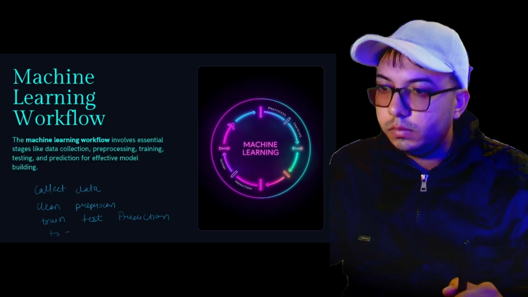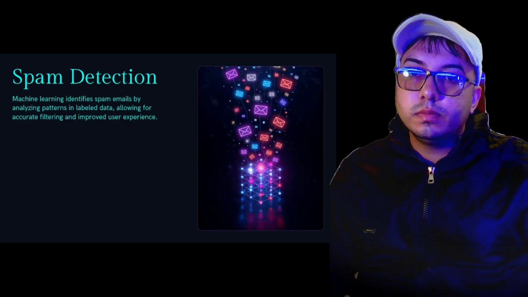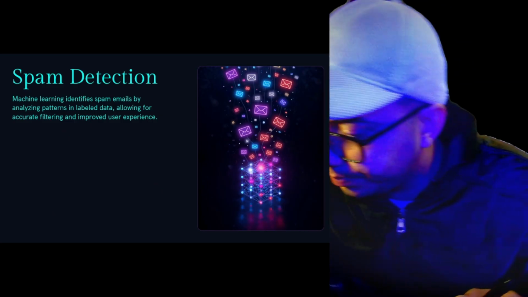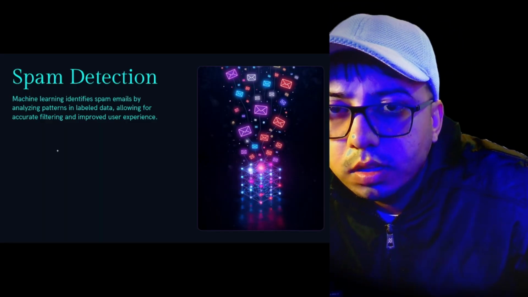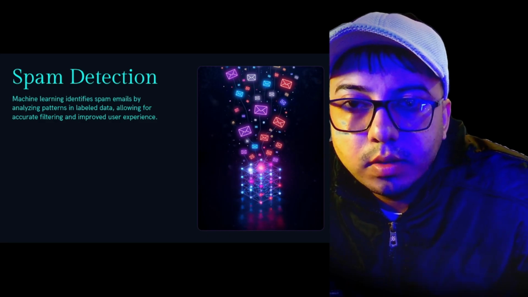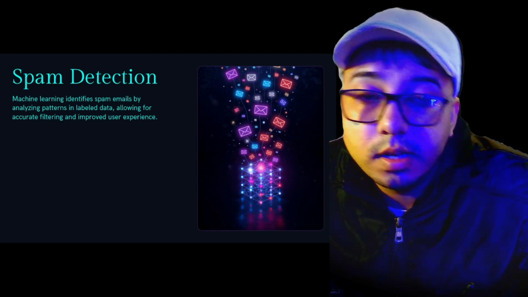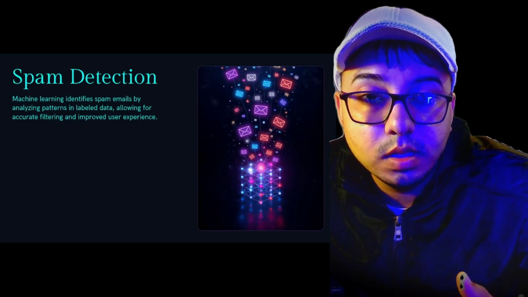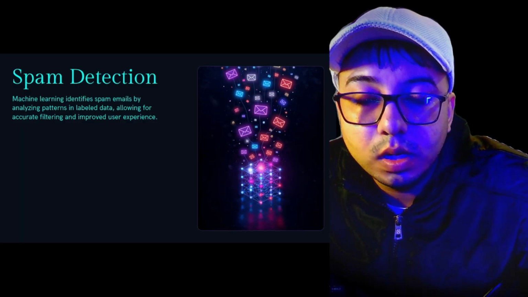Okay. So let's see real world examples now, like spam detection. We will give machine learning thousands of emails, and it is used to identify spam emails by analyzing patterns in relevant data. For example, we are using Gmail. There are so many emails, like spam email, inbox email, and archive email. So in real life, it works like that.